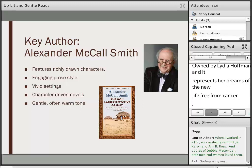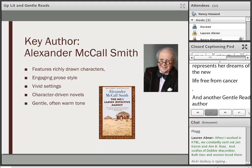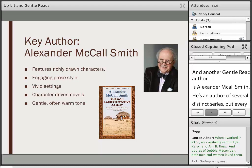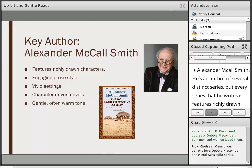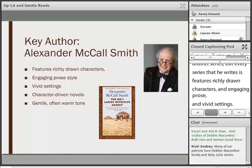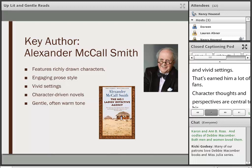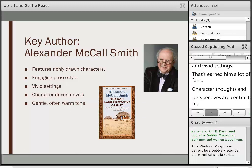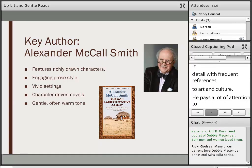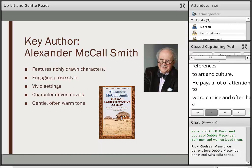Another Gentle Reads author is Alexander McCall Smith. He's an author of several distinct series, but every series he writes features richly drawn characters, engaging prose, and vivid settings that have earned him a lot of fans. Characters' thoughts and perspectives are central to his novels. Their whims guide the plot and the pacing. The settings are described in detail with frequent references to art and culture. He pays a lot of attention to word choice and often has a gentle, warm tone that typifies his